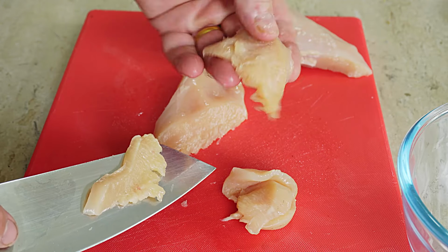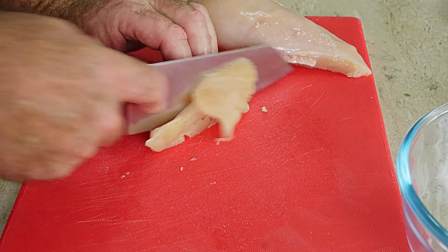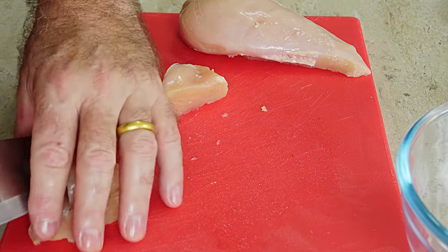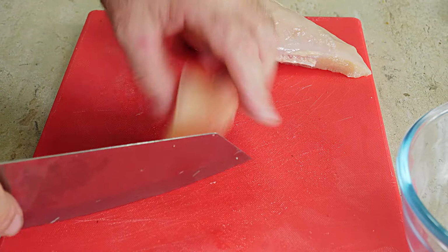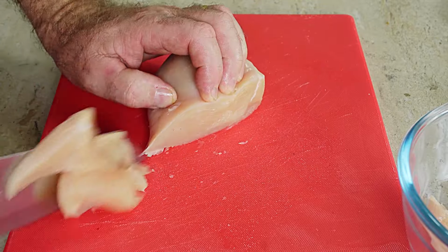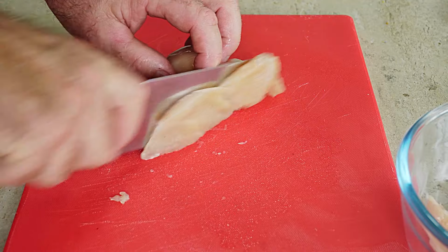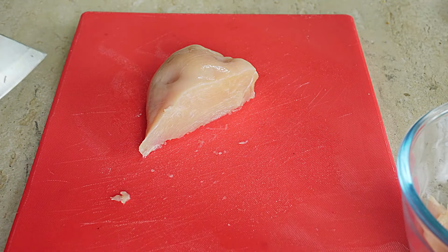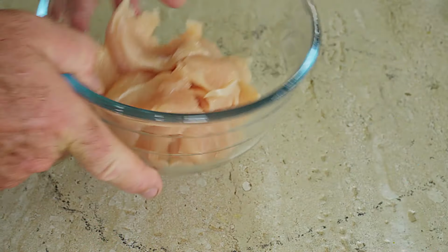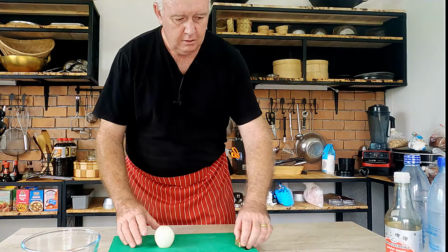So that's easy enough, look. So just chuck that in our bowl. I think we'll have a bit more. I think that's more than enough. So there's our chicken sliced, ready for blanching. Right, the only other thing with our